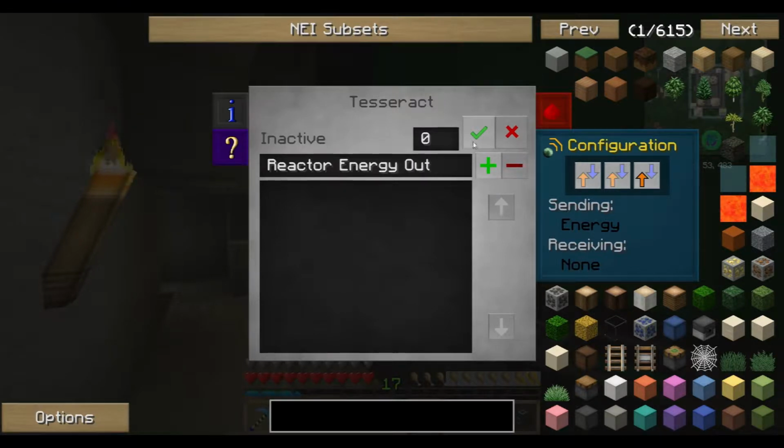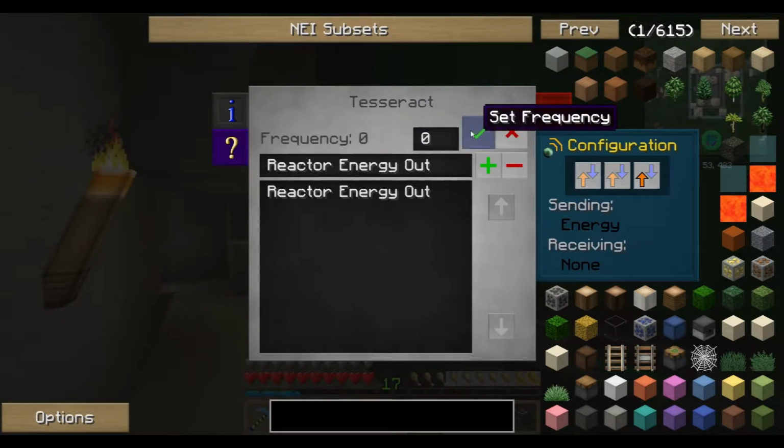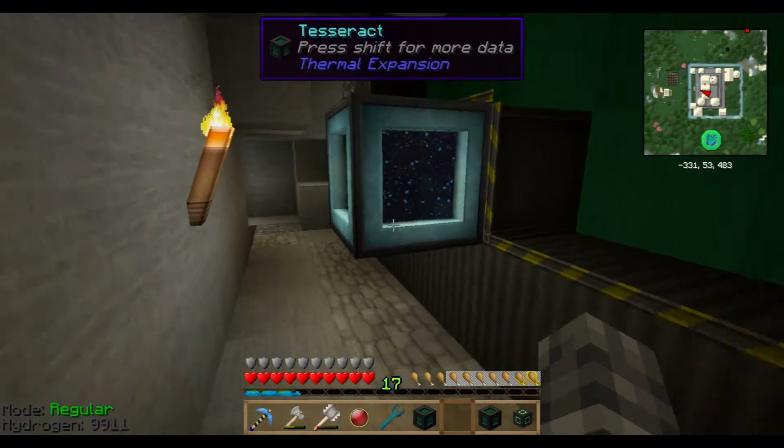I'll call it that. It's on channel 0. We're going to use channel 0 for that. We're going to add it and set frequency. Done. So this lovely looking thing, and boy, does it ever look...